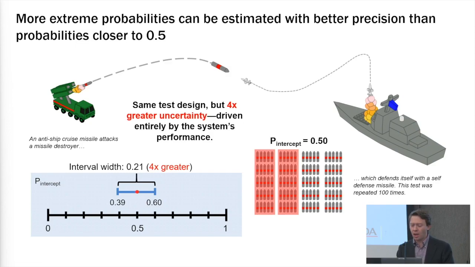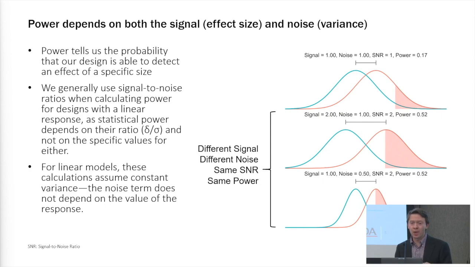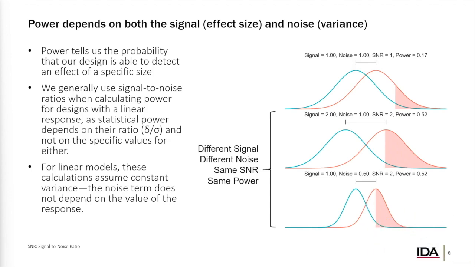And if you've done a power analysis, you know that the way we tend to frame coming up with power analyses for our programs is in terms of signal to noise ratios, which is to say we assume some one signal to noise ratio across our space that we're looking to detect. So we're trying to detect some sort of signal within some sort of noise. For linear models, the assumption is this noise is constant. But for